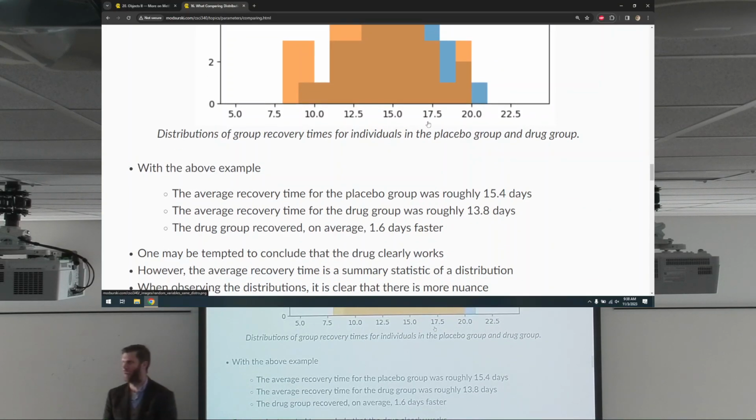With the above example, the average recovery time of the placebo group was 15.4 days, and the average recovery time of the drug group was roughly 13.8 days. These are the averages. The drug group recovered, on average, 1.6 days faster. All right, let's pretend maybe this drug didn't cost $1 billion, maybe it only cost us $1,000. And we go like, hey, 1.6 days isn't so bad for $1,000, right? I'm not costing how much it costs to make the drug. I mean how much it costs to invent the new drug. If I spent billions of dollars for 1.6 days, I'd probably be pissed. But anyways,